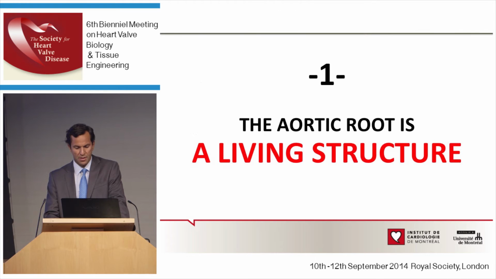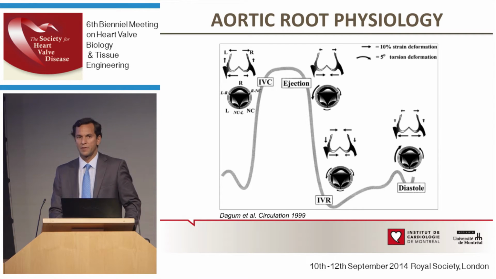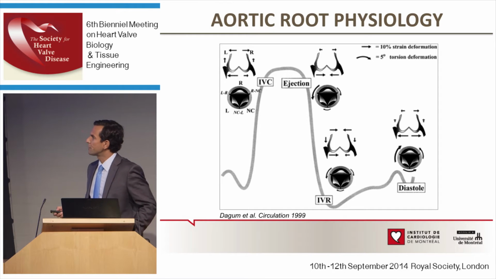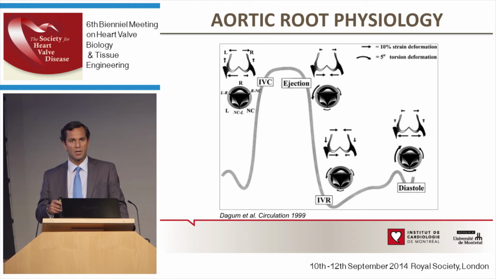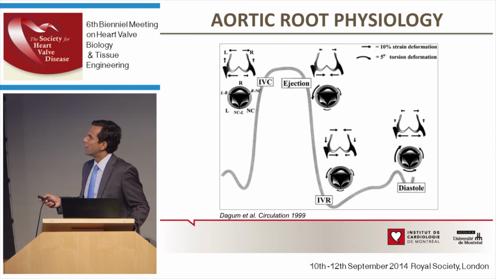So my first point is that the aortic root, as you well know, and as we've seen through the last couple of days, is a living structure. And I don't need to convince this particular audience about the fact that it is a living structure. This is one of many papers looking at aortic root physiology and dynamic physiology during the cardiac cycle, looking at a sheep model. And as you can see from the graph here, there are changes in the shape and form of the aortic root at all different levels, both in terms of torsion, in terms of the orientation of